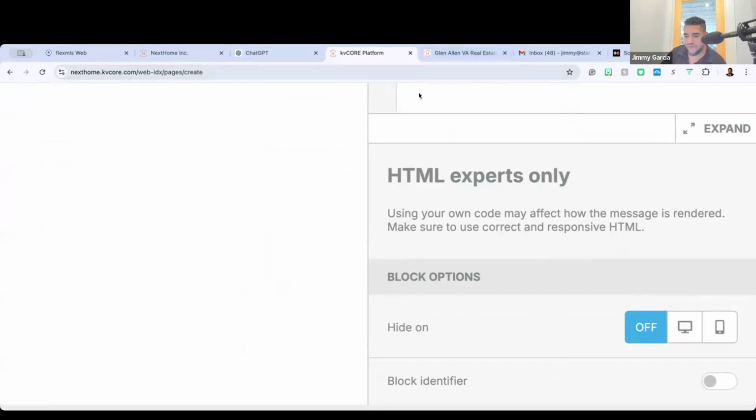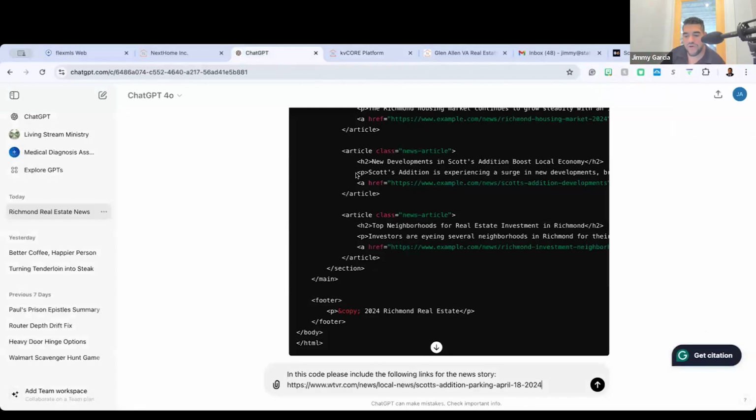You don't have to answer, but an overwhelming majority of people that are searching the internet these days are doing it on which device? Phone or a computer, laptop, desktop? It's phone, right? So I could turn this off or I could keep it on, but in my chat, this means hide on. So where would they see this? They're going to see this on their mobile device. Or they'd see it only on their desktop. I'm going to leave it for both, but in my code, I'm going to tell it optimize for mobile view.